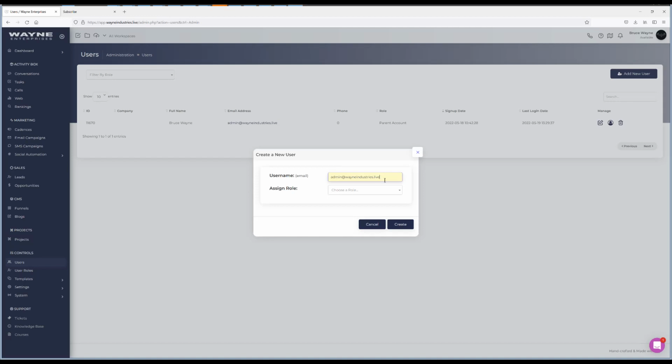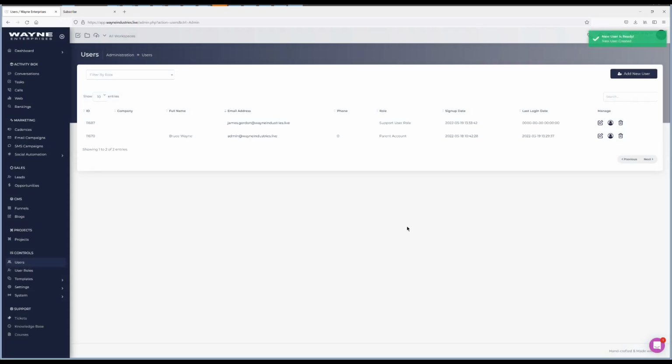And so in this case, I'm going to set up a child support role. So let me do James, let's do Gordon at Wayne Industries.live, and I'm going to select, let's just do the support role. So hit create. So again, no invite went out, so you need to configure this user,